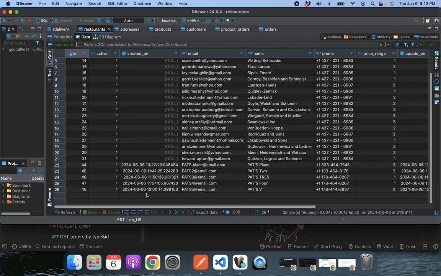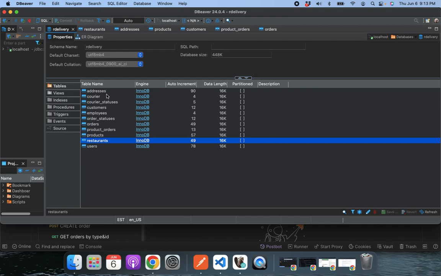We're going to go ahead and kick things off here in DBeaver and just go through the database a little bit, and then we'll jump over to Postman and I'll show you a couple endpoints, and then we'll finish up in our VS Code. So looking here at DBeaver, in our database, these are our lists of all the tables